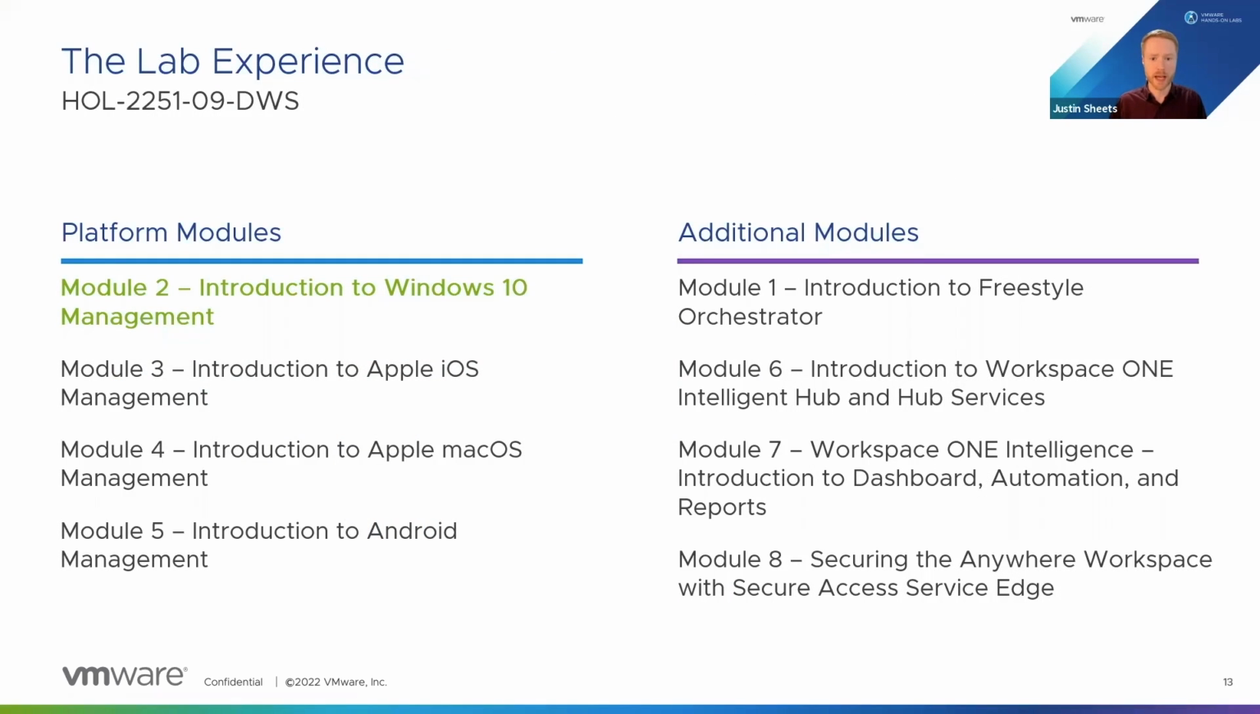Now, for the guided workshop today, we will be taking Module 2, which is the Introduction to Windows 10 Management. The full lab, HOL 2251-09, also includes 7 other modules. We have 4 platform-focused modules and then 4 modules that focus on adjacent components and solutions, such as Freestyle Orchestrator, a deeper dive into Hub services, the Workspace ONE Intelligence platform, and how to secure the Anywhere Workspace with the Secure Access Service Edge. If you're interested in any of these topics, be sure to check out the full lab experience after VMworld at